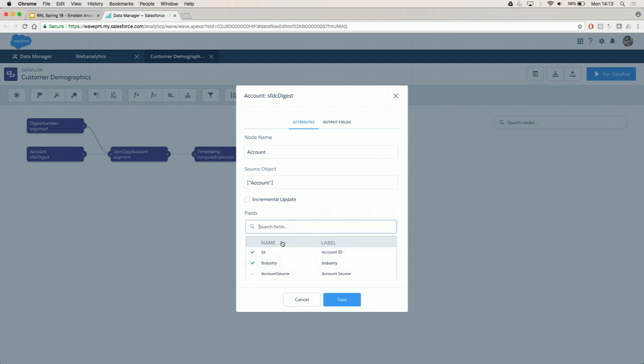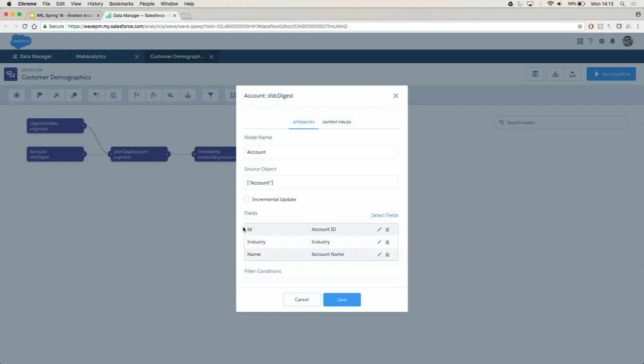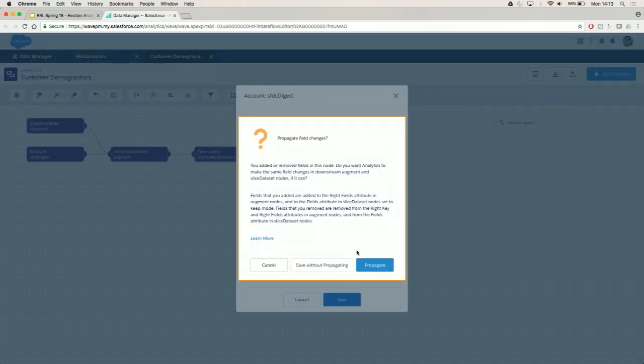This is a Salesforce object, and let's say I also want to pull in the name for my accounts. I can go in and then also modify the field properties for the specific field that I've just pulled in from Salesforce. And this is just another closing the JSON gap type of approach. But the big news actually for this feature is that once I hit save, I've just added an additional field to my node. It's prompting me, do you want to propagate this field through your data flow to the final